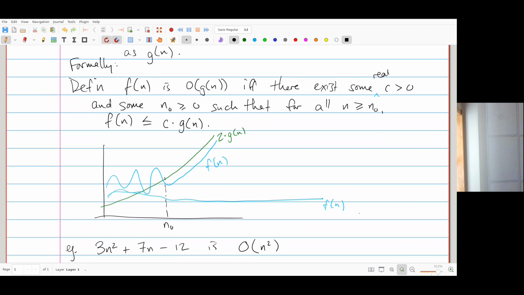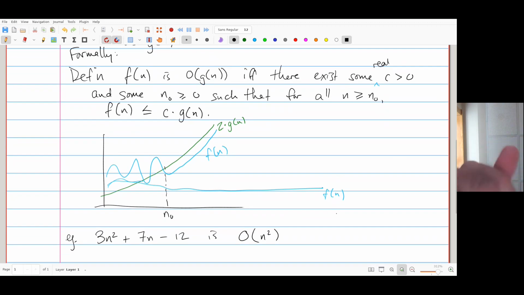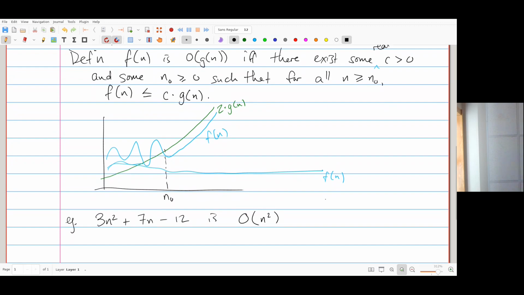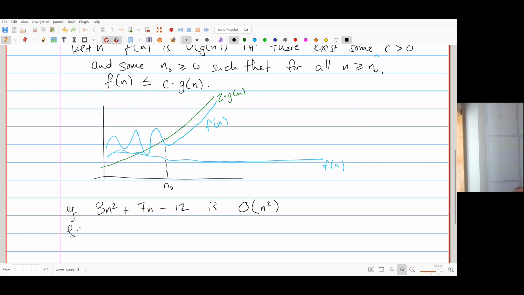It's tedious. I'm never going to ask you to actually precisely apply this definition. Our intuition is going to work, and also we'll see it probably in a minute. There's some things we can do with limits if you're comfortable with limits, to give us some nice ideas of what things are. But we can also just look and say, look, clearly the biggest term is this term, 3n squared. I don't care about the 3, so it's O of n squared. Right? Or as another example,